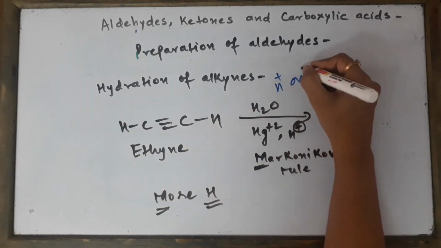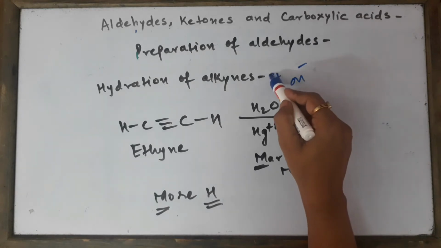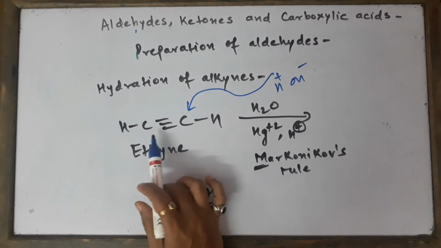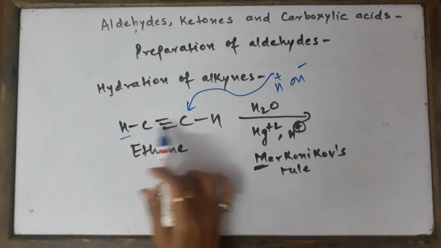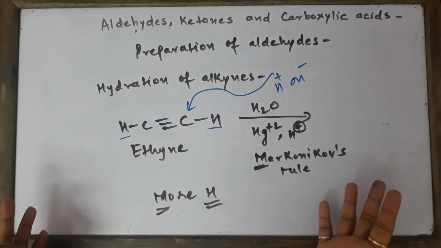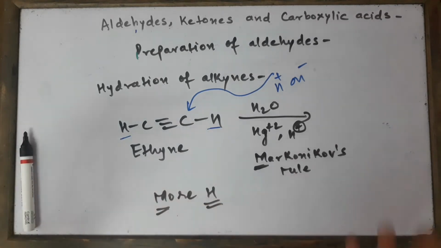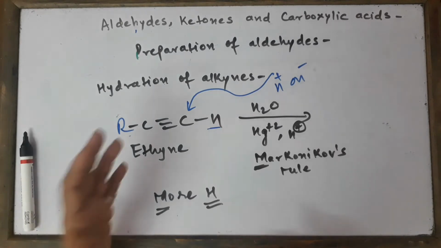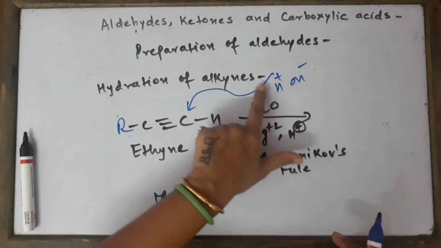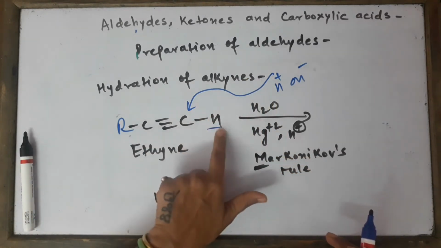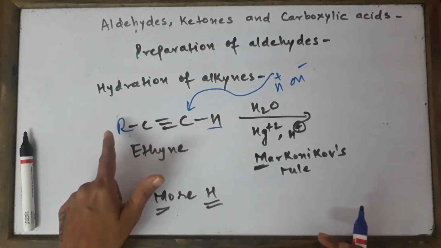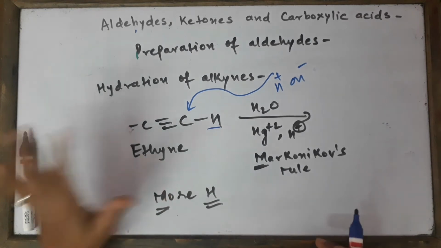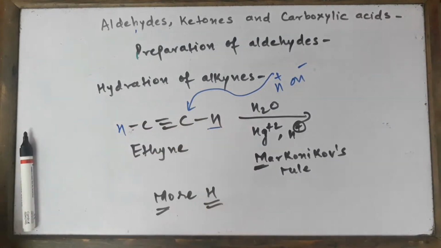Water has two parts, isn't it? H plus and OH minus. So we are going to put the hydrogen at that carbon which has more hydrogens. In this present example, both of them have the same number of hydrogen atoms, so you can attach it anywhere of your choice. But if it was something like this, then definitely you're going to add the hydrogen to this carbon because it has got one hydrogen and this carbon has got 0 hydrogen attached to it. So you will add the hydrogen over here. But in the present case, I'm going to just add it up over here.